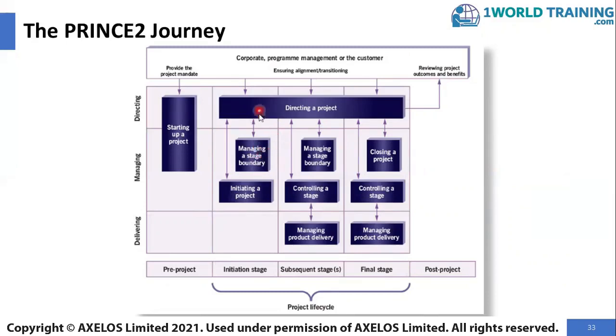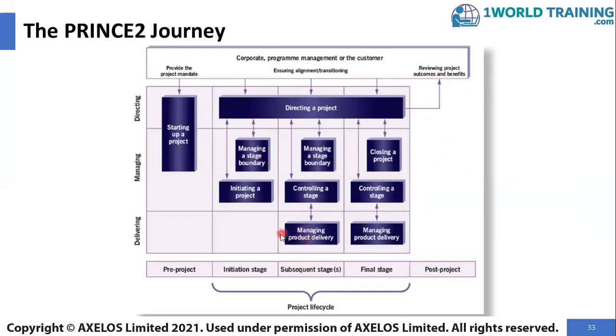And the directing a project expects information from the project manager at the end of the stage through the managing a stage boundary process. In the subsequent delivery stages, the project manager uses the controlling a stage to perform the project management work. However, the PM would have to link with the team managers using the managing product delivery work,